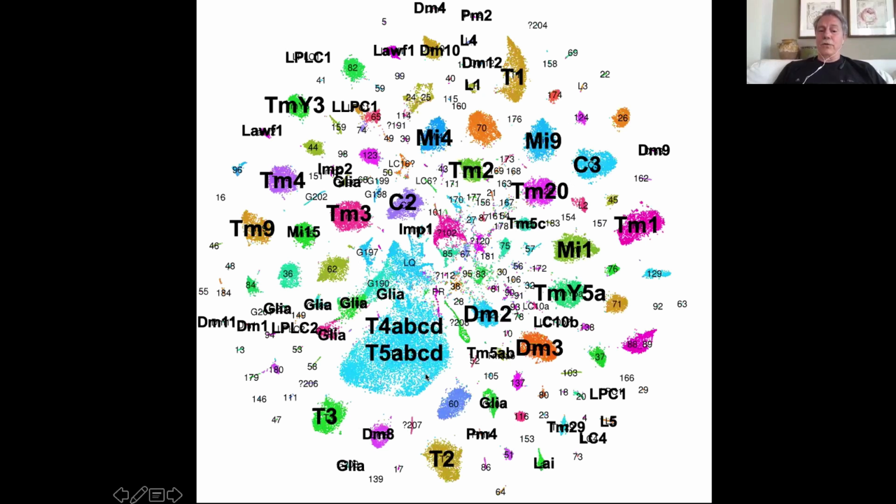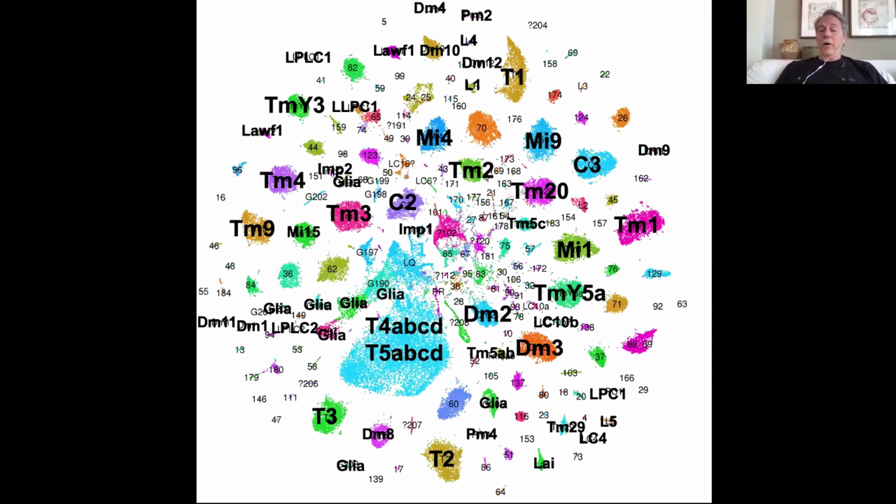B, C, and D neurons, are likely the best studied neuron in the fly brain, because that's the first neuron which responds to motion. And yet, although they have 8 neurons which respond differently to motion, they all seem to be part of one single cluster in the adult. And if you think about it, it might make some sense, because those neurons might actually function the same way in the adult. But since they have different connections to be able to detect motion, they are going to be different earlier in development, but we don't see it here.